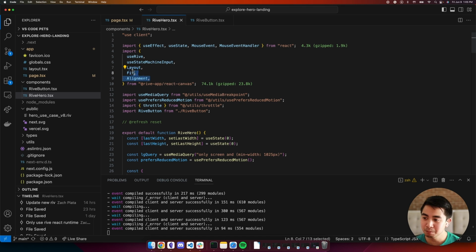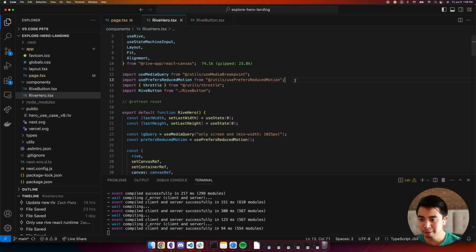And we're also going to be importing three more things, which actually come from the Rive Wasm web runtime, which are Layout, Fit, and Alignment, because as the window changes or our viewport changes in terms of size, we're going to be changing the layout a bit, as we'll see.